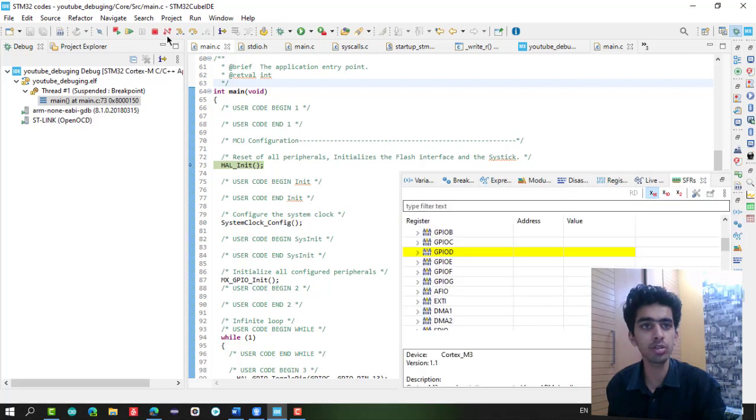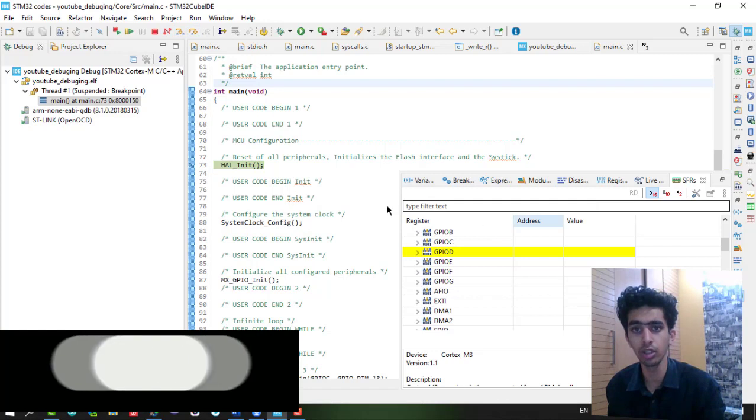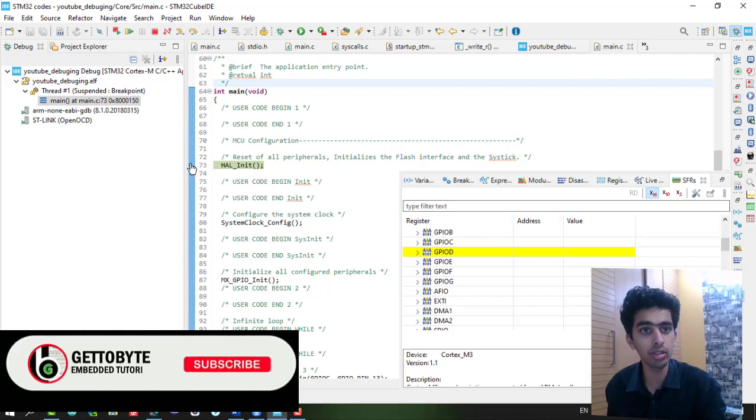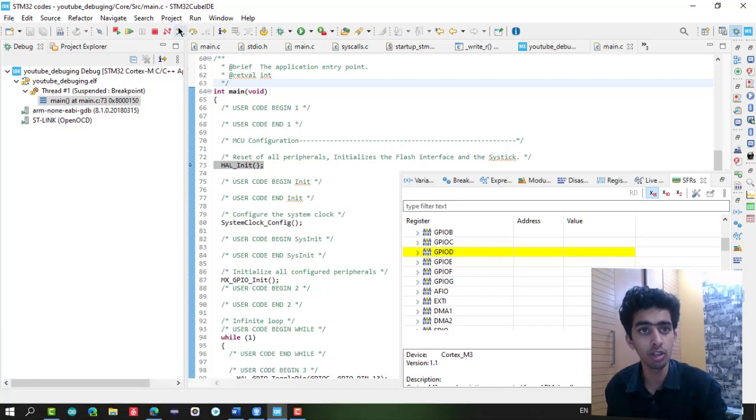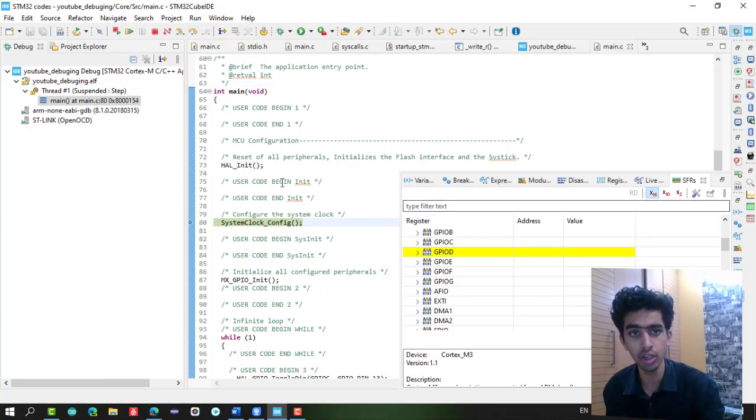First, examine these features: step into, step over, and step return. So now this is my program counter, and this is the place at which my code execution will start. Now I can do the step over. In the step over, it will execute only this HAL_Init function and stop at the next function. It initializes the whole HAL_Init structures and lines of code, and then it will stop at system clock configuration.